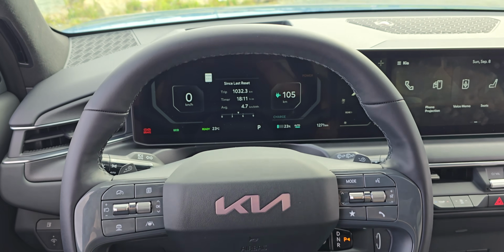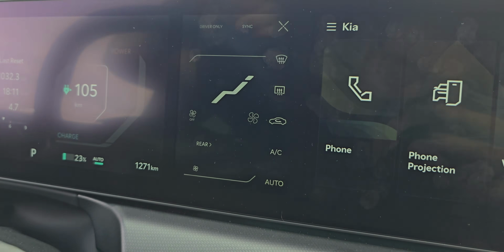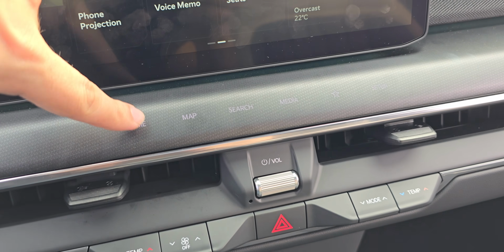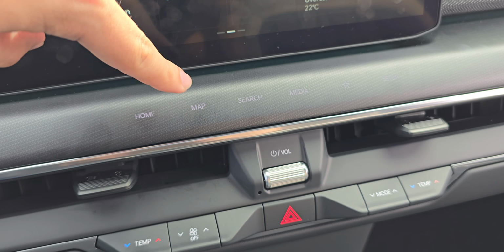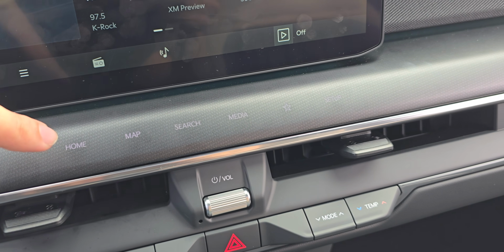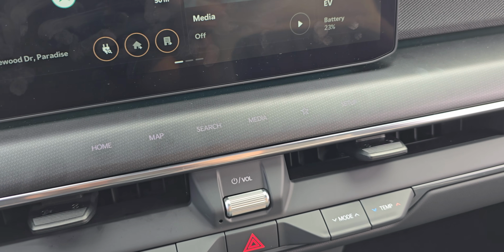what's going on. Kia did think of this though, because if you hit this little button up here, it expands to the main screen where you can control everything a little bit easier. Just below the main screen, there are some buttons for navigation of the infotainment screen and then a little volume wheel for music. I'm glad that they put these buttons here, but I'm not at all a fan of the